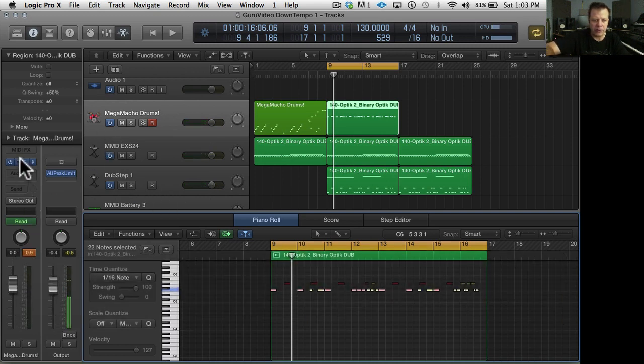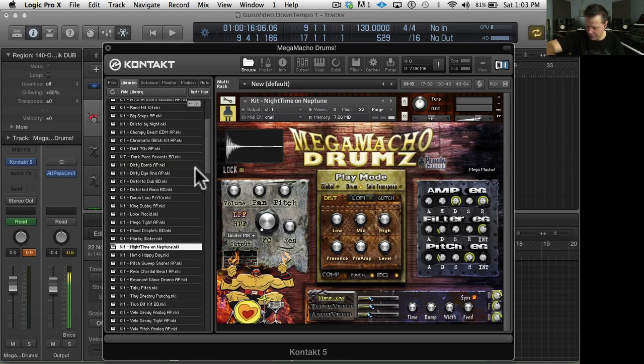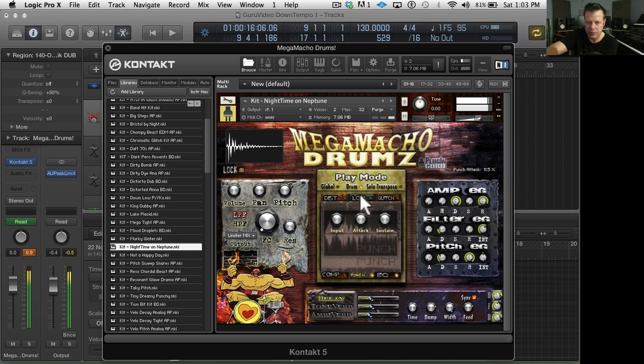Okay, almost. And since we are at this point, we're in drum mode. This is where the Kontakt 5 version rocks. It's easy to go in and change his stuff. Don't want. There.